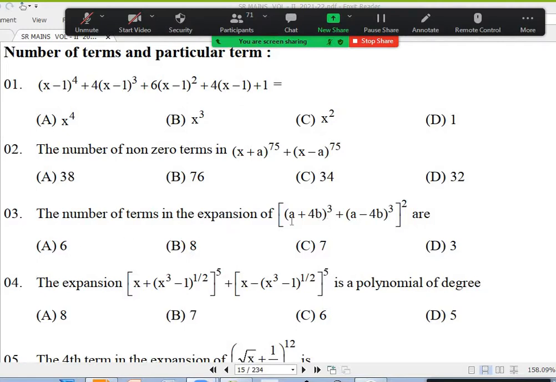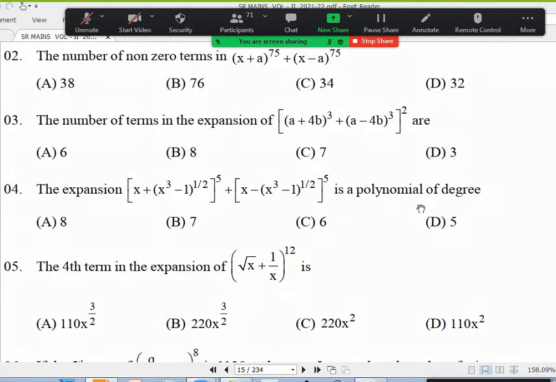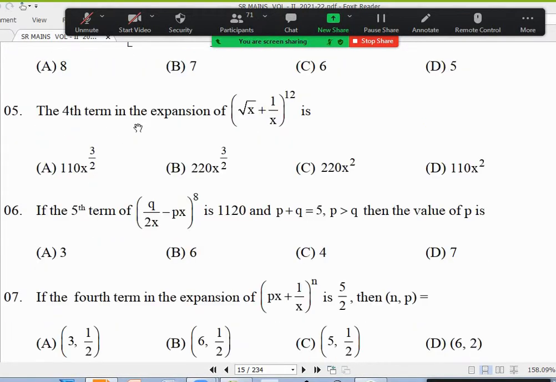What will be the answer in second question? A. Yeah, total 76 terms. Half of them will come, half of them will cancel, and half of them became double, actually they're identical terms. So yeah, fourth one you really have to expand and then see it. Okay, anyway, even numbers you will do later on.